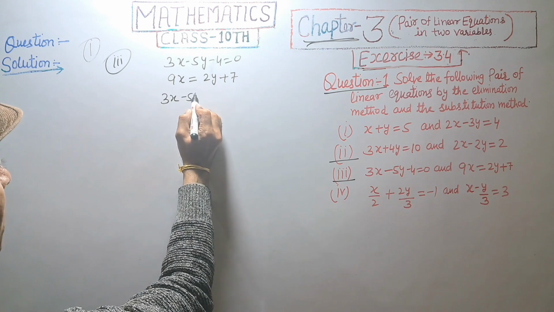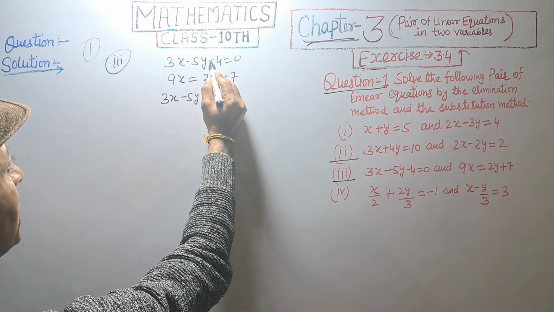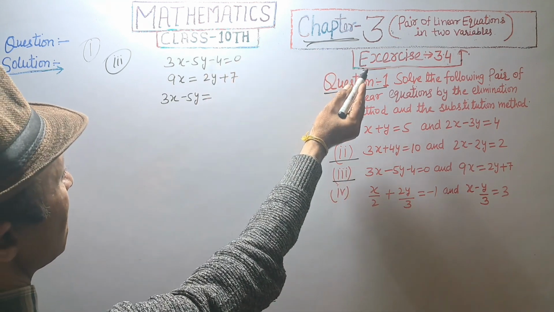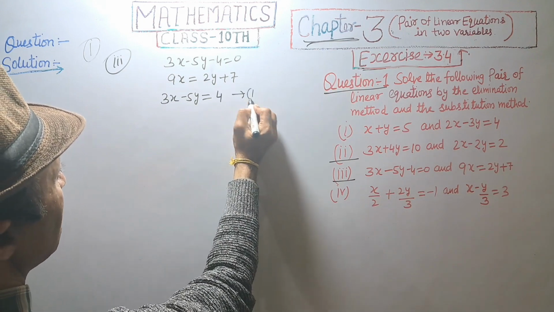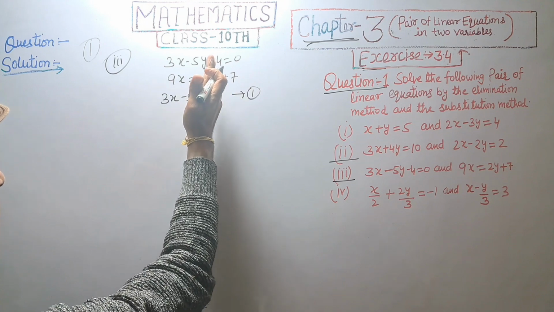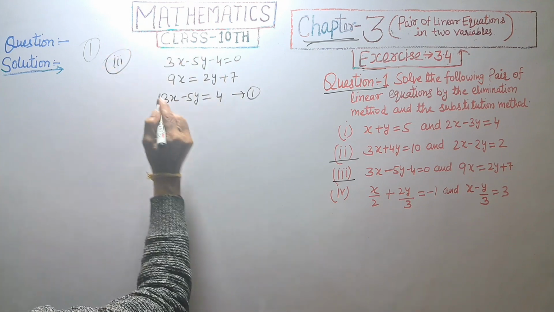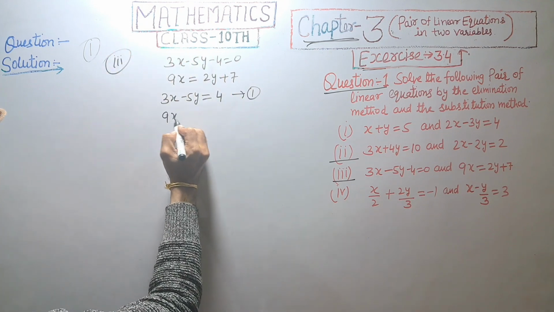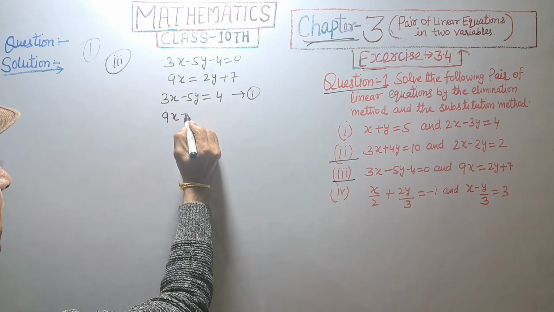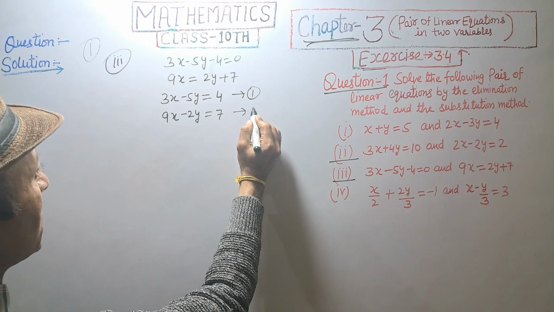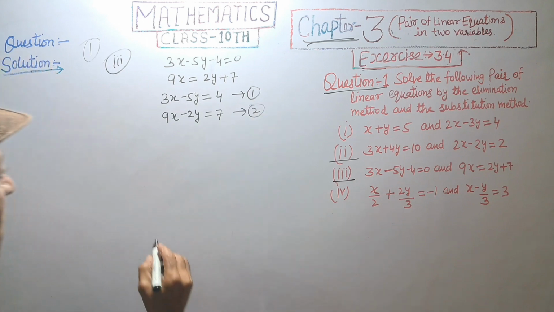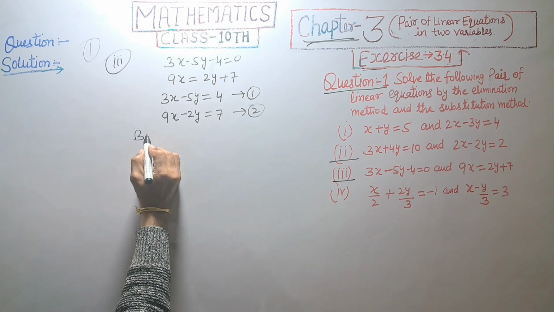3x minus 5y is equal to, shifting minus 4 to the right side, that will be positive 4. It's equation number first. And 2y shifting to the left side, 9x as it is, 2y will be minus 2y equal to 7, it's equation number second. By elimination method,